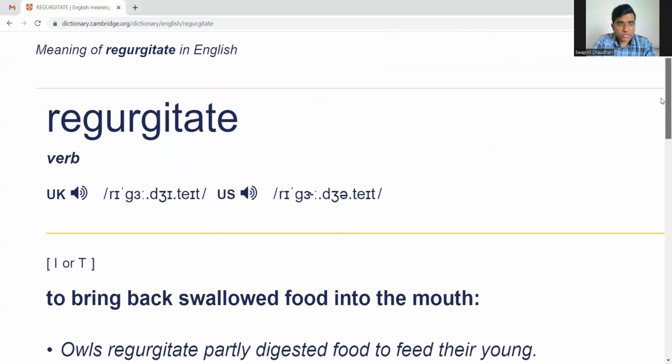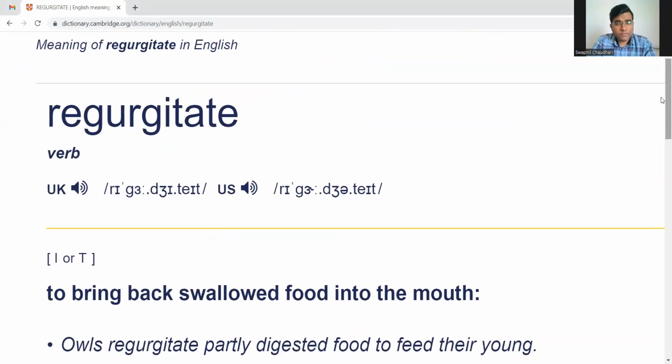So this was the word that I showed you earlier. And we were not able to understand how exactly I am supposed to read this word, right? Is it re-gurgitate, or re-gurgitate, or re-jurgitate? What is it? Very, very confusing, right? But you can read this